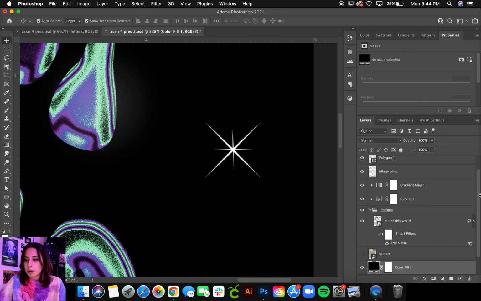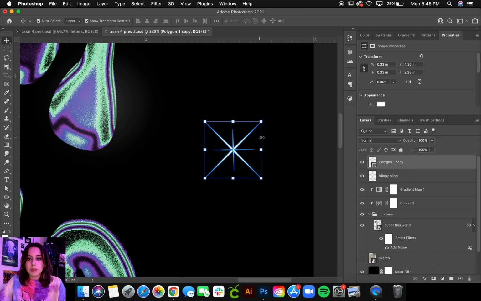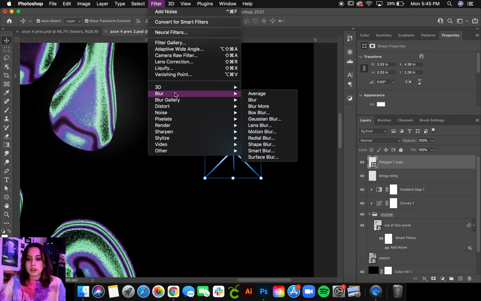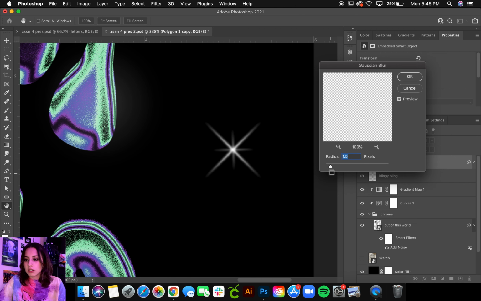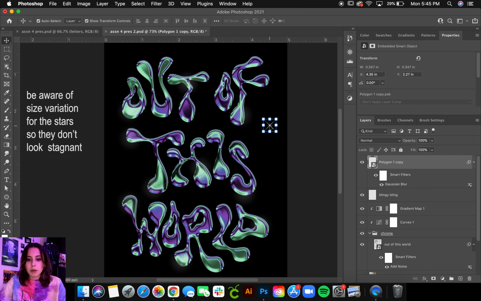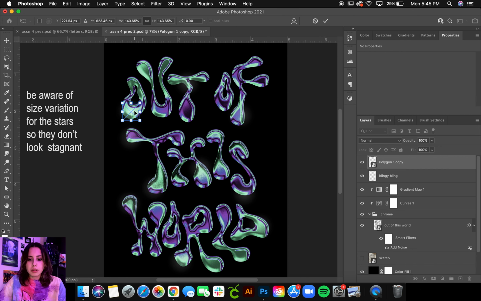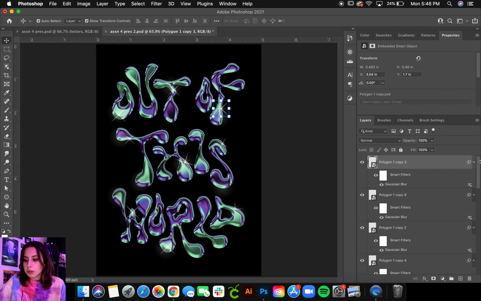And then we're going to take both of these stars, Command E to merge them. Then we're going to go to filter, blur, Gaussian blur. Yes, we want to convert to smart object. That's good, 1.5 for the blur. And then you just drag and drop wherever you see fit, pretty much around the same areas where you put the glow. Okay, now that I have all my stars,